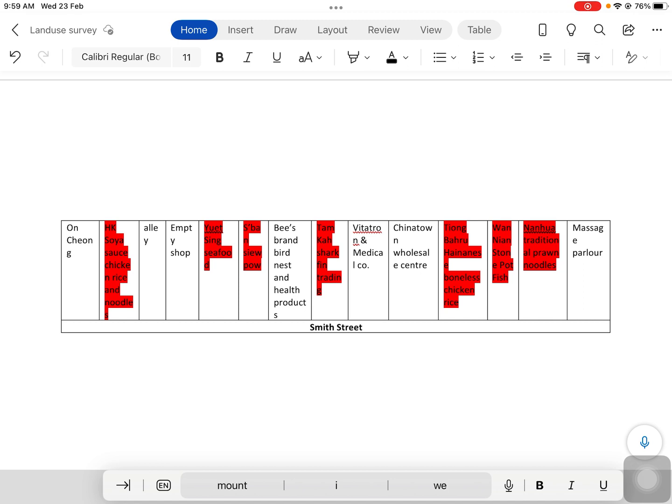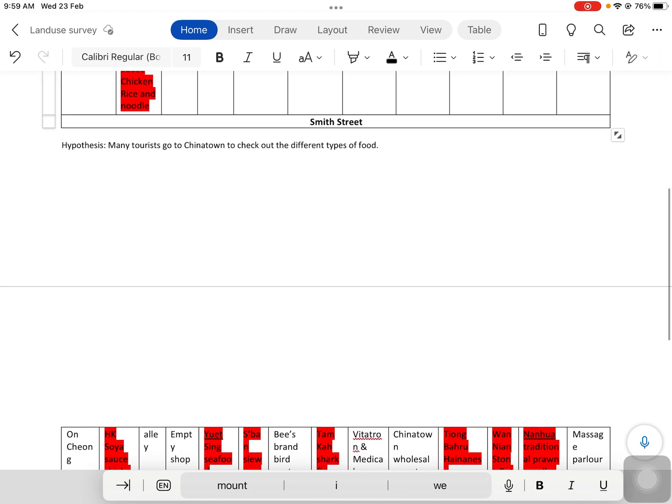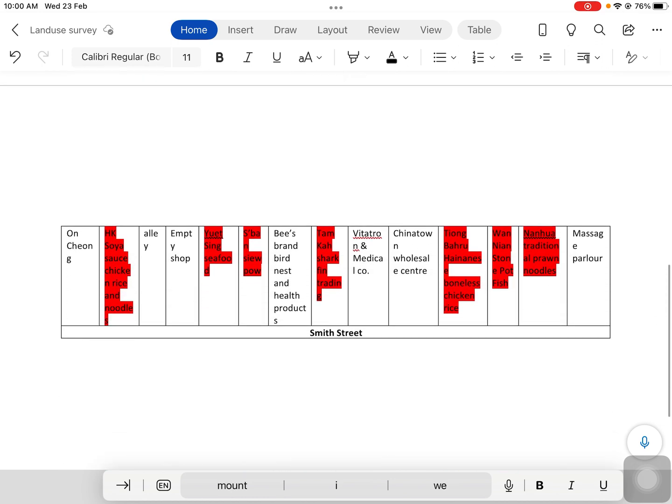So if I were to come up with a conclusion, I would say yes. It's true that many tourists go to Chinatown to check out the different types of food. Or a hypothesis could be about how Chinatown is a food paradise, right? Judging by the number of food stalls just along one street, Smith Street. Then I will support my answer by saying that all of these stalls, right, 7 of them are food stalls. For example, Hong Kong soya sauce, chicken, rice and noodle. So this is how we plot our land use